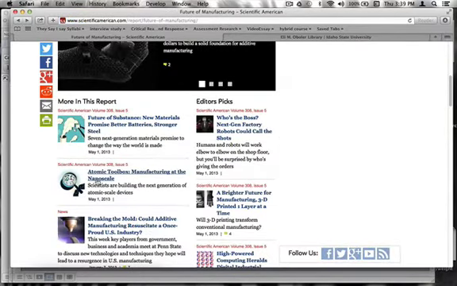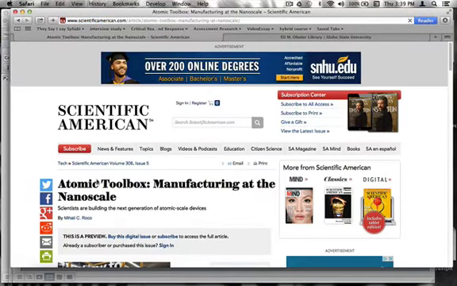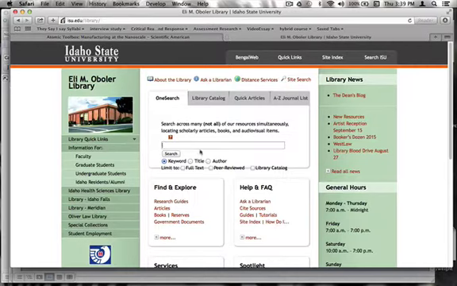So now I'm going to go into the article because it's also incredibly helpful to know the name of the author. Basically what you want to do is have as much information as possible, so when you get into the search results in the library database, it's a lot easier for you to kind of winnow down to the article that you're looking for. So I know that the author's last name is Rocco, so I'm armed with everything I need to know. I'm going to go into the library,